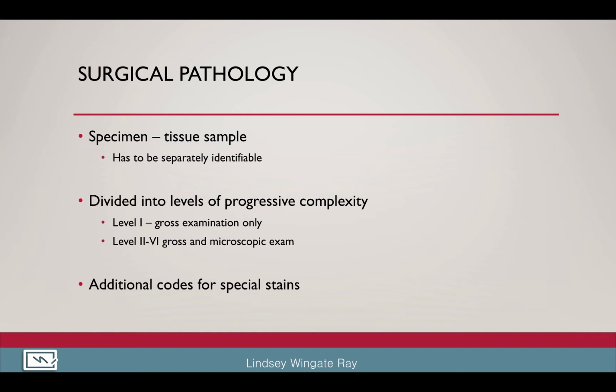If they are all in one container, then that is considered one specimen. Unless each specimen is in its own container, it cannot be separately identified. To do this, the physician will use ink or suture to label and identify each one separately. These codes are divided into levels 1 through 6, and each level contains a different level of specimen or level